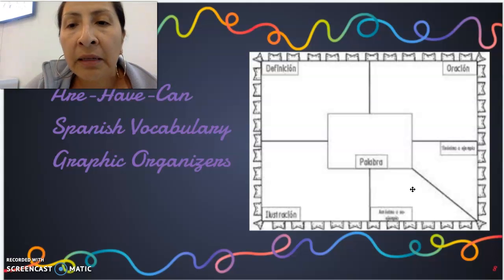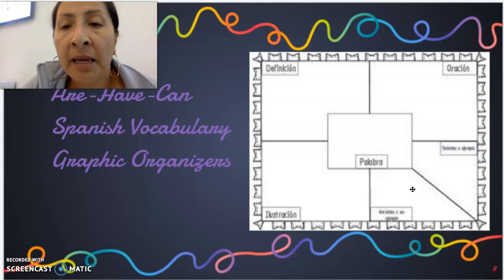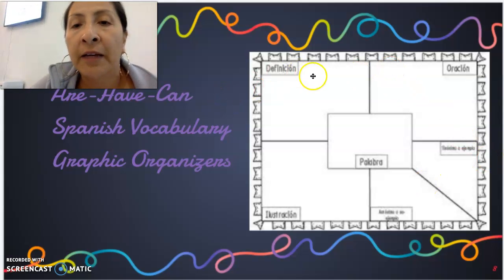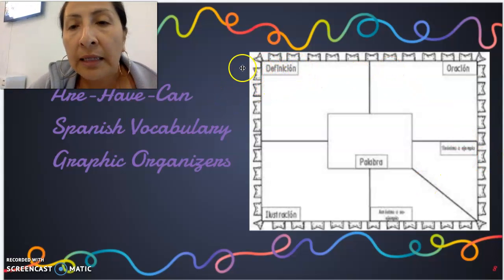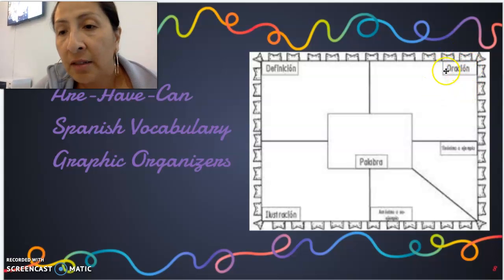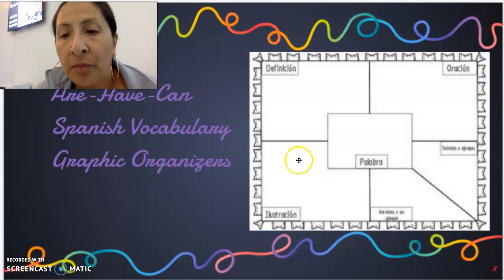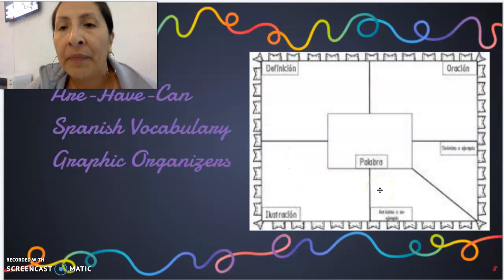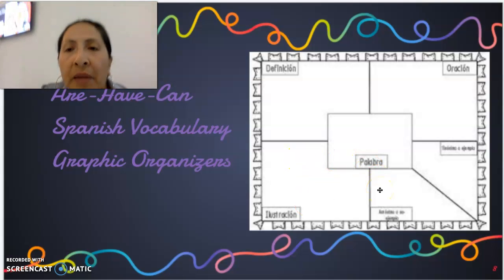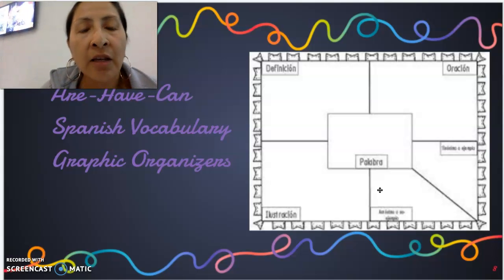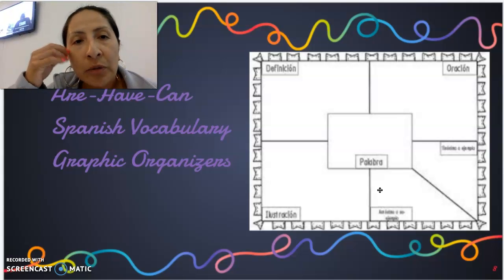Another one that I really like, and I could see this being more of a graded exercise, is they get a word, and then on the top left corner here they define it, give the definition, use it in a sentence on the top right corner, and on this quadrant down here, they make an illustration of it. I think that it probably would be more time-consuming than you would like for one particular word,